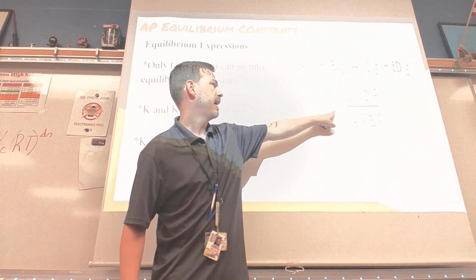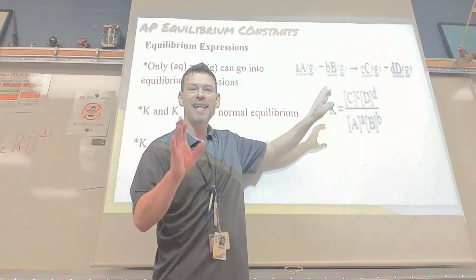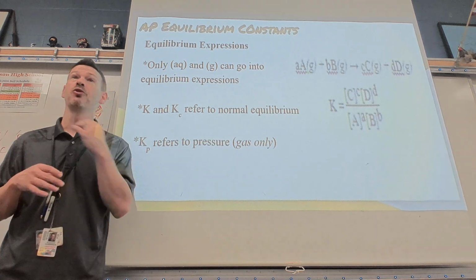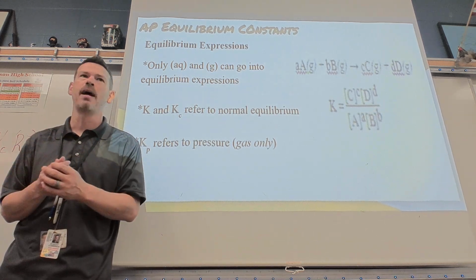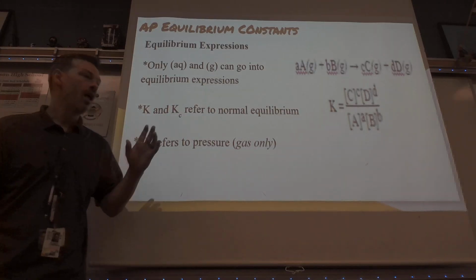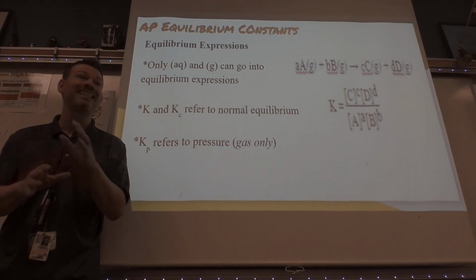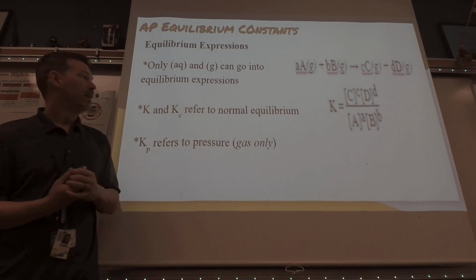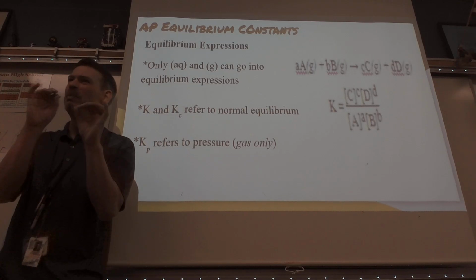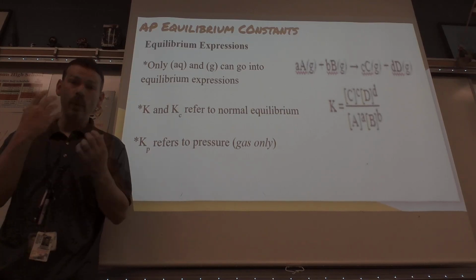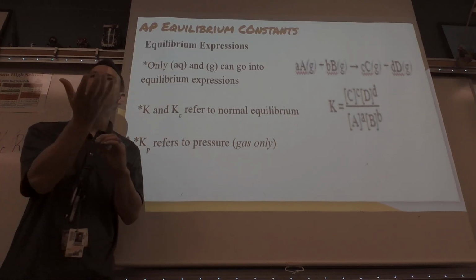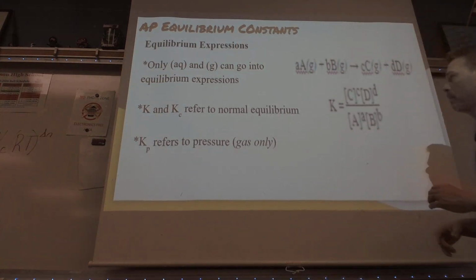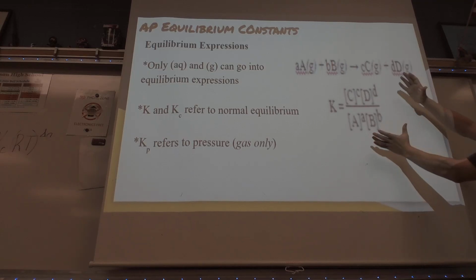We call it K. Now, this is a different K than your rate law K. I don't know why they chose K for variables so often in chemistry. They didn't ask me 100 years ago for my opinion, but it is kind of annoying. So the K that we've been studying in kinetics is totally different than the K that we're going to be studying in equilibrium. But what we do is we do a little bit of math that I'll show you soon, and we get a value for K, and we can use that number to figure out whether there's more reactants or products. I'll show you how we draw that conclusion in a moment, but first, here's some stuff about this